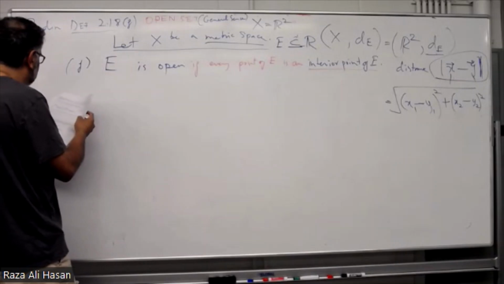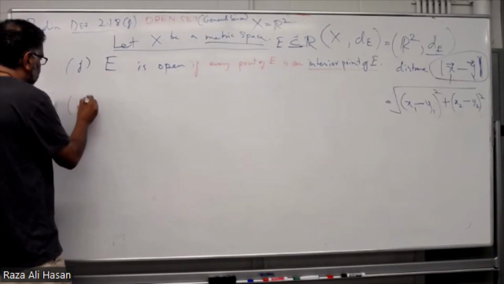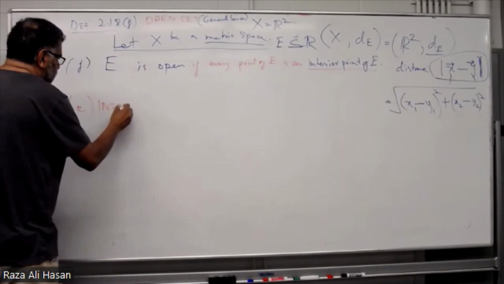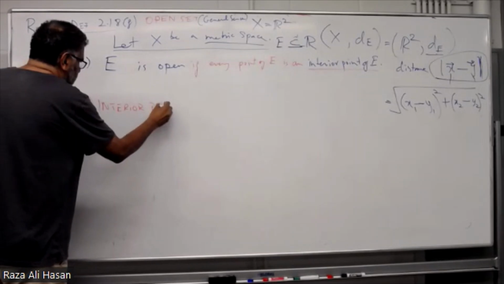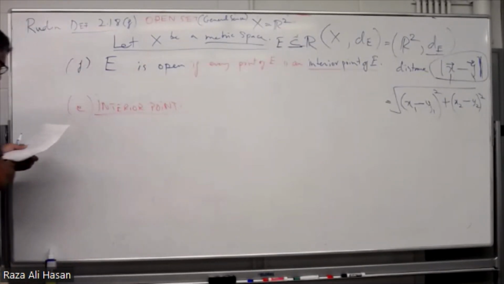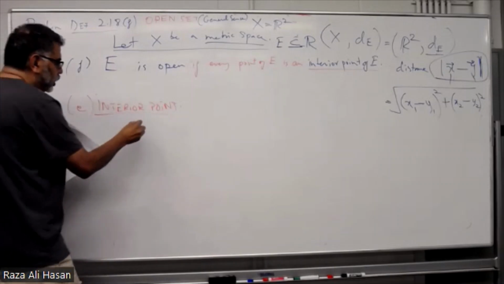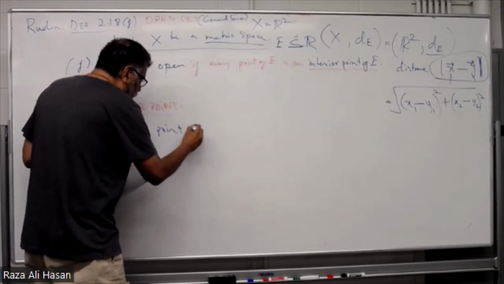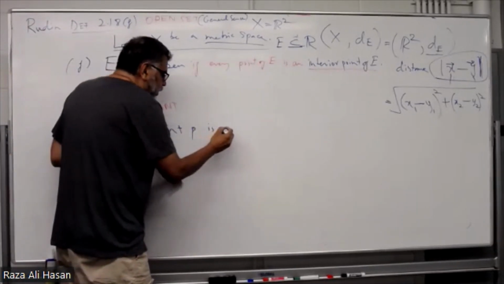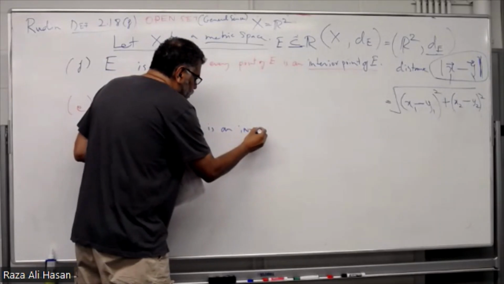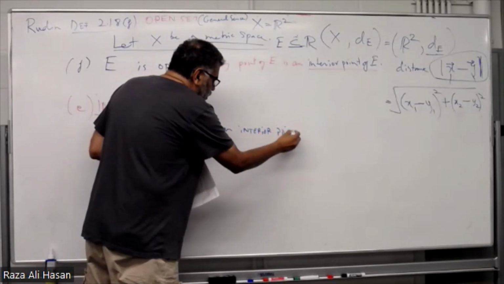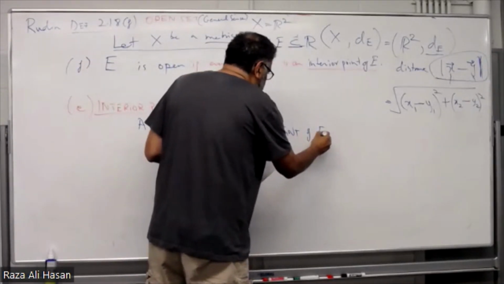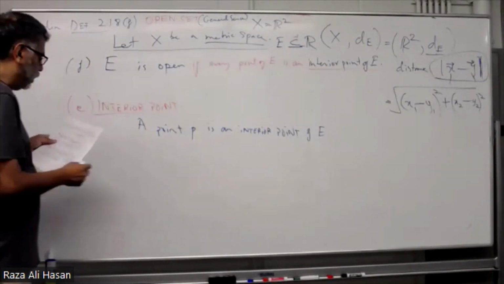So now the definition from Rudin, the definition of interior point. A point P is an interior point of E if